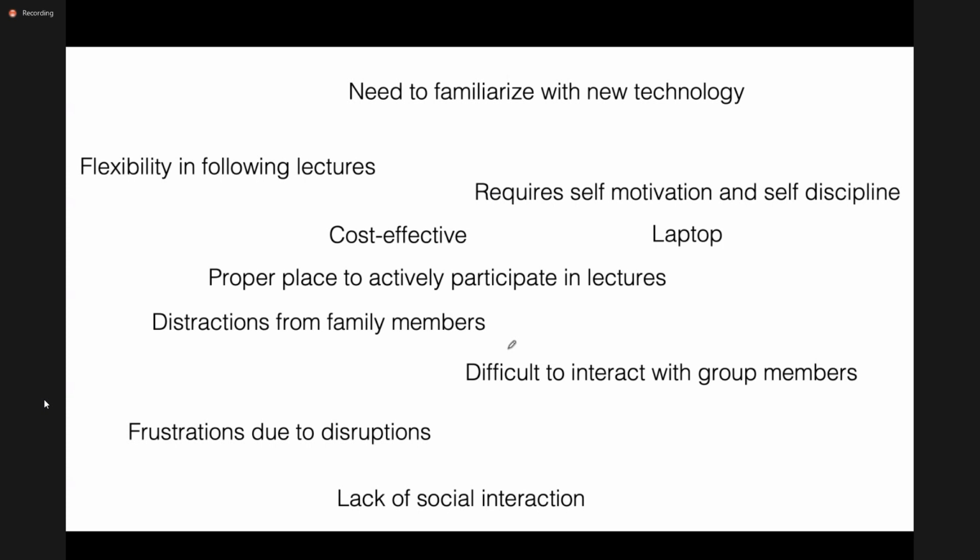So this is from an exercise done in a different research methodology module, an activity that they did about the experiences of online learning among postgraduate research students. So these are some of the codes that they had identified from the interviews.